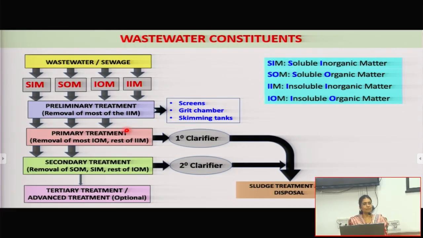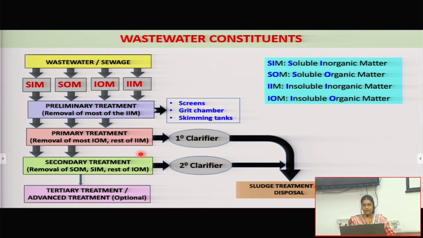So now we have the more difficult options in hand, which is nothing but the soluble fraction, both. It is the soluble organic and the soluble inorganic. So you all must be knowing by now that secondary treatment or the biological treatment is something which is specially designed to take care of the organics, or the SOM, which I say. Okay. So if I'm having an activated sludge process or a trickling filter or rotating biological contact, any of those things, even wetland, open aerated lagoons, all that is going to take care of the organic fraction.